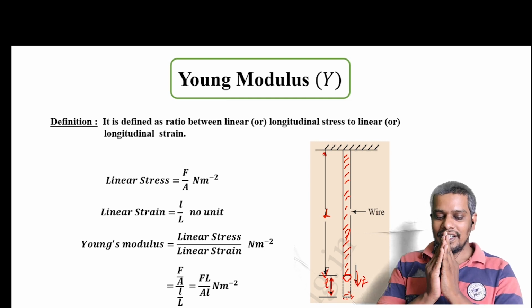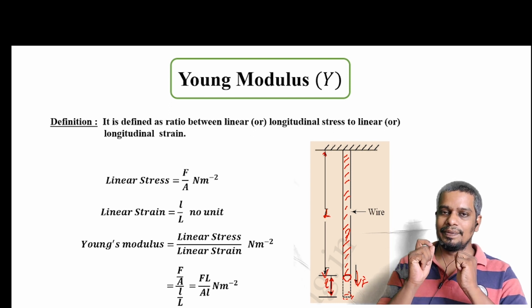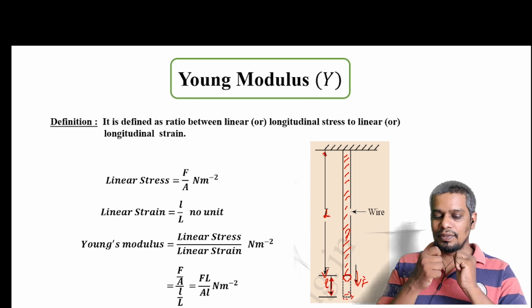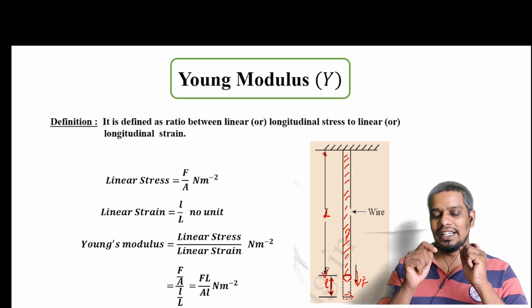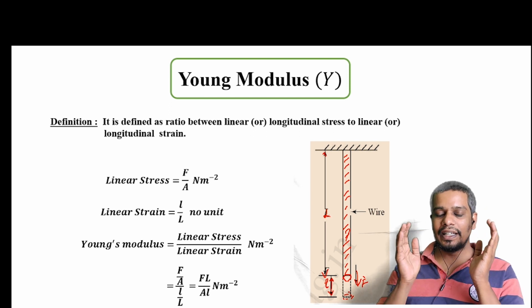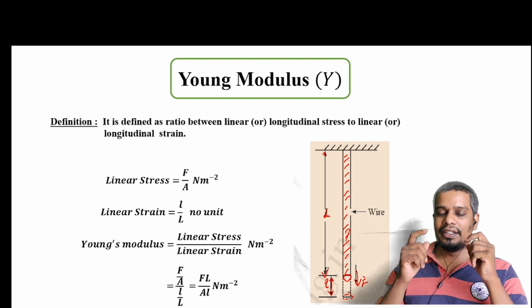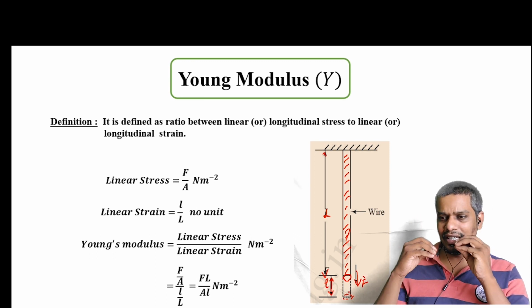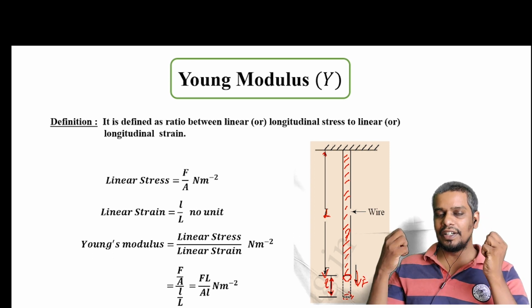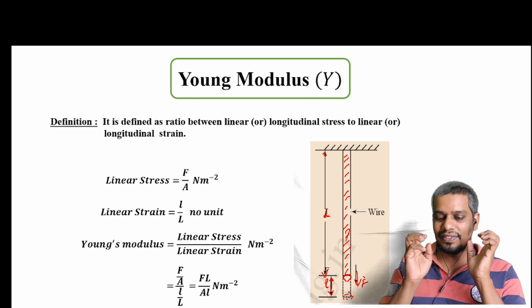This is the Young's modulus of the material. If you have all the information, if you know the force given at the bottom of the wire, as well as the extended length, the original length (original length here means before giving the force), and the area of cross section, once you can measure or extract all this information, then you can calculate the Young's modulus of the material. This is the first thing.